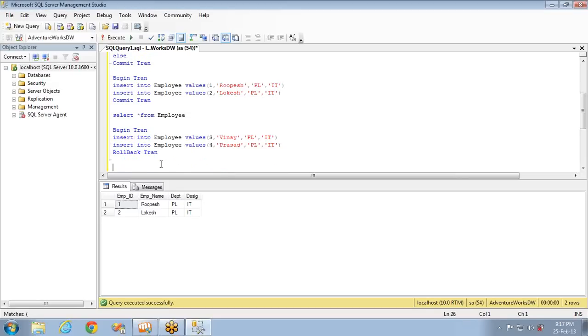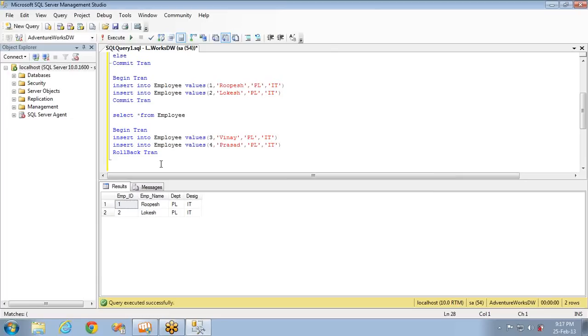There are mainly 3 types of transactions available, and there is no default, guys. It's all how you define it. You have to explicitly specify whether it is a commit transaction that you are looking for, or a rollback transaction. I just showed you an example here. Actually it will be like an if condition: if any error occurred, then rollback, else commit. We'll come to that core topic, but just try to understand what is the use of begin transaction, what is the use of commit transaction, and what is the use of rollback transaction at this point of time.